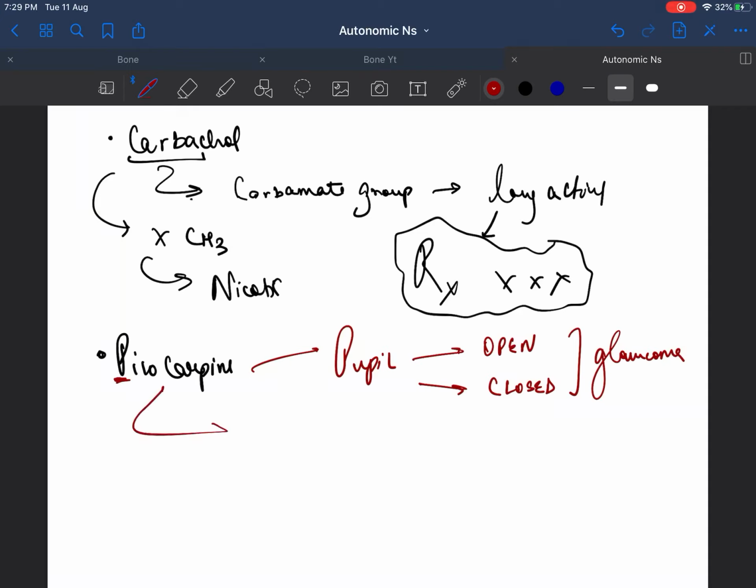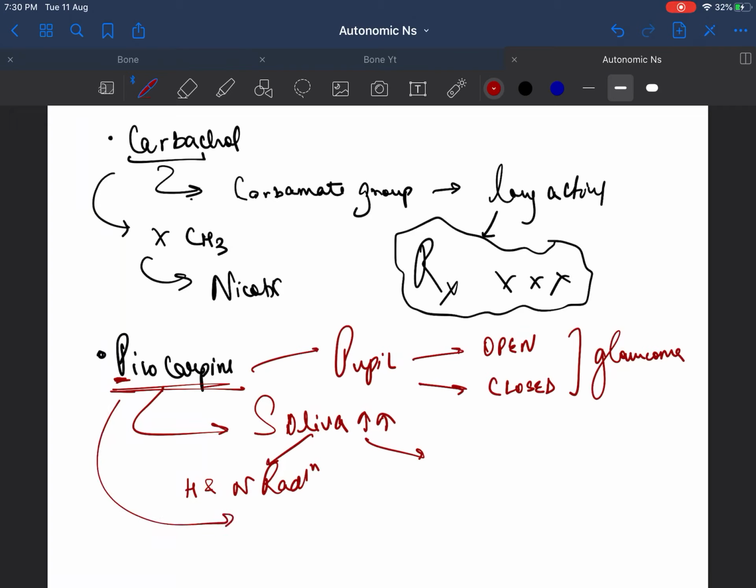Also, it is used as a sialogogue, so it increases saliva. For what patient will you use this? For increasing saliva and lacrimal secretion. There are two types of people for whom you can give pilocarpine. First, unfortunately, the person had a head and neck tumor and underwent head and neck radiation, which destroyed some of his glands, the parotid gland, etc.